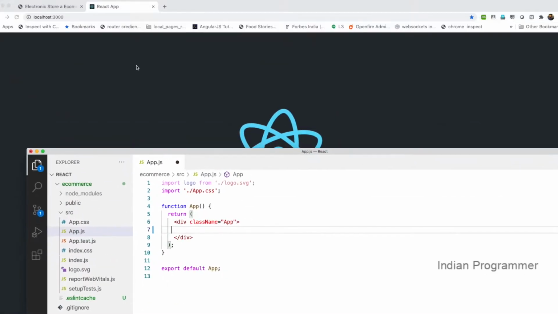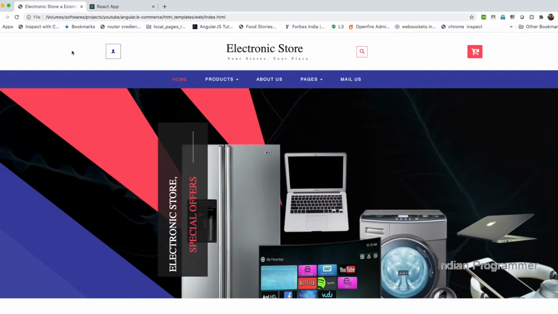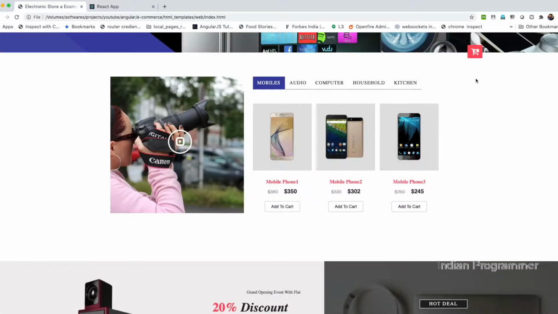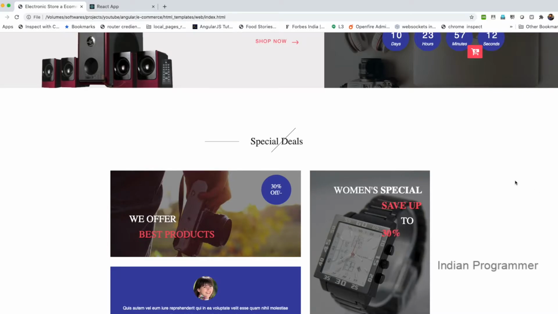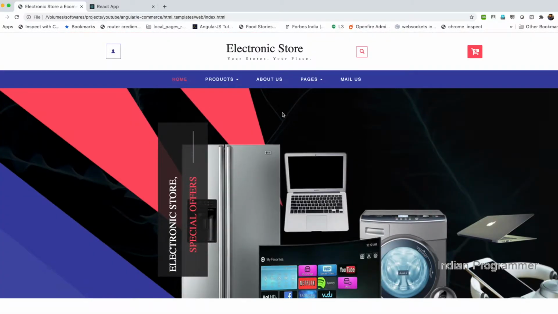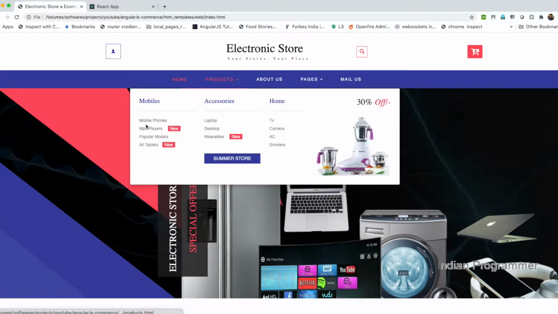First thing is I'm going to integrate the HTML code into our application: one header, one slider, the category section, and the add to cart function. Whatever we did for Angular, the same thing we are going to do in the React application. This is the home page, and next are the category page, about us, pages and mailers.